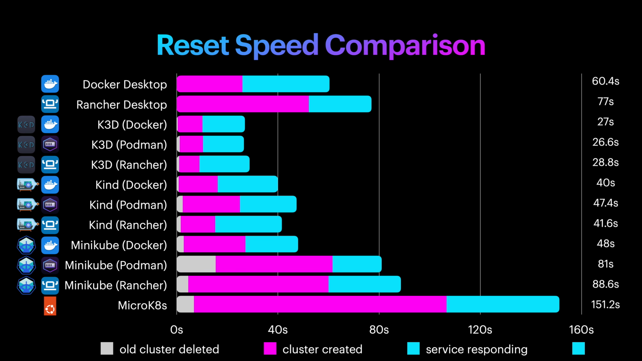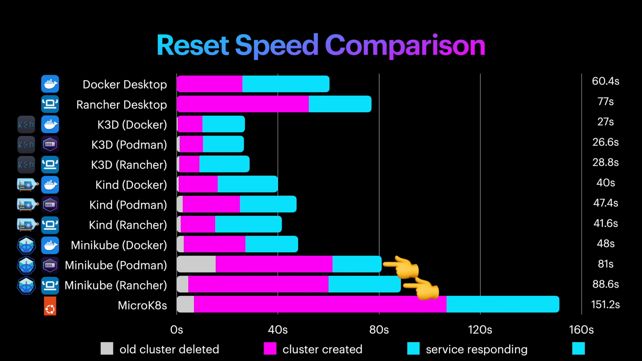And here are the results. As you can see, anything running on Docker Desktop is a bit faster. Also, it's clear that K3D is exceptionally fast. MicroK8s is quite a bit slower than the others. This is caused by it downloading a lot of content every time. What's a bit odd is that Minikube seems to be quite a bit faster on Docker Desktop than on Rancher